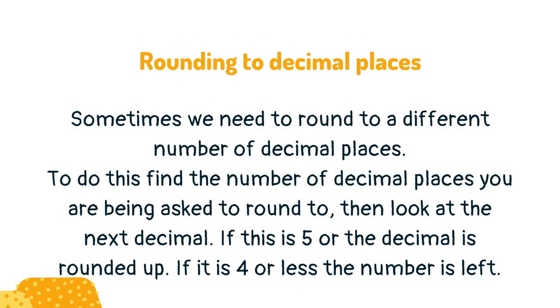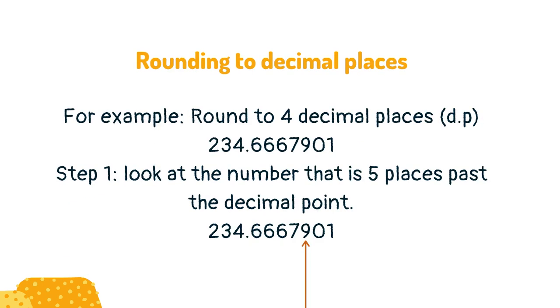Sometimes we need to round to a different number of decimal places. To do this, find the number of decimal places you are being asked to round to, then look at the next decimal. If this is 5 or more, the decimal is rounded up. If it is 4 or less, the number is left. For example, round to 4 decimal places: